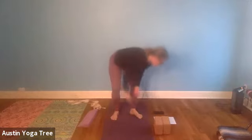Reach the arms up, reach the heels down, keep the leg action. One more reach. And then release the arms, remove both bricks, and we'll take a classical Tadasana to incorporate what we just did